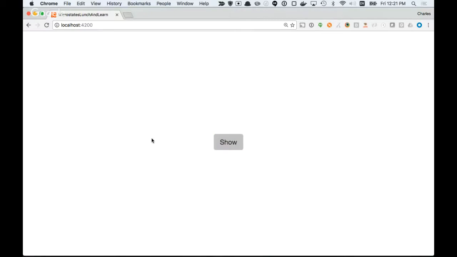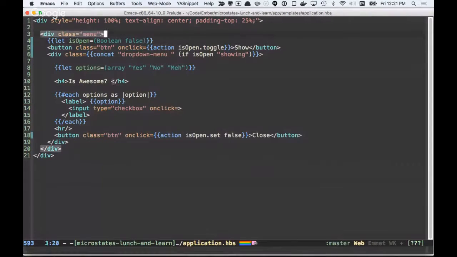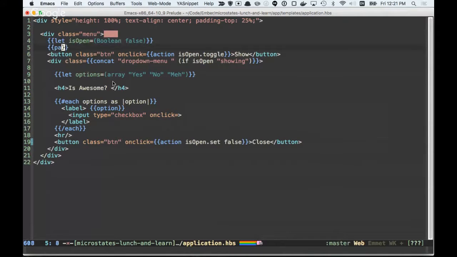So what if we wanted to add a hover effect, for example? Like if I hover onto show, I want to just show it. And then if I hover out, I want to close it. Well, we can do that. I wrote a component for this called pointer events. So it just lets you wire up pointer events to specific actions. So I think, I can't remember, if on enter equals action is open dot, that's true. Right, so when you enter,